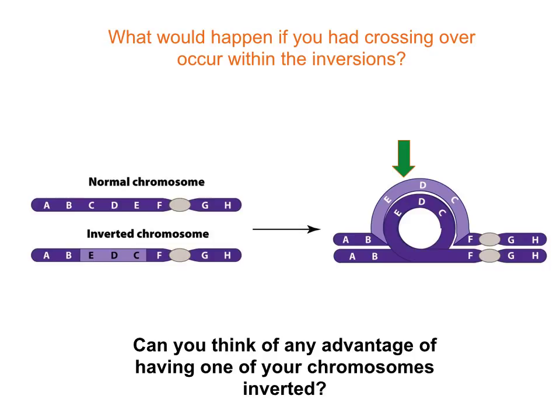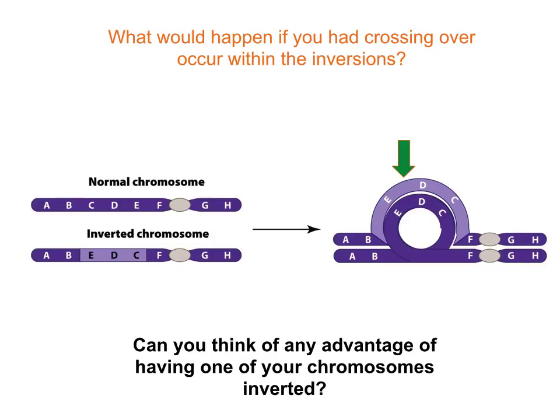So why do we see it? Why hasn't natural selection come in, and why do we see inversions pretty frequently in all organisms' genomes? There has to be an advantage. If this is a massive disadvantage, what does it do to crossing over between those areas? If it does cross over, what happens? Yeah, nothing's going to result. You're not going to pass that on. So in essence, what it does is it restricts crossing over. It locks that region of genes in a certain combination of alleles together and doesn't allow crossing over to occur. Well, crossing over occurs, but nothing results from it.